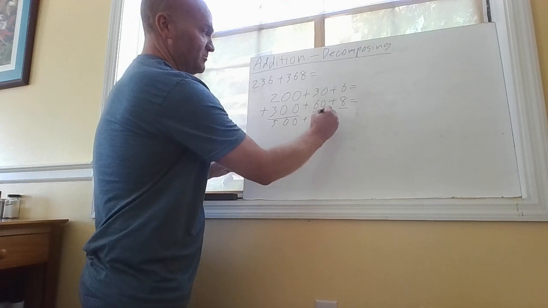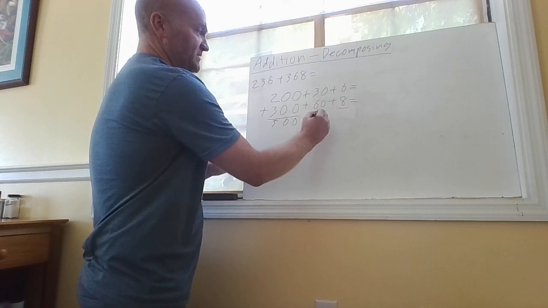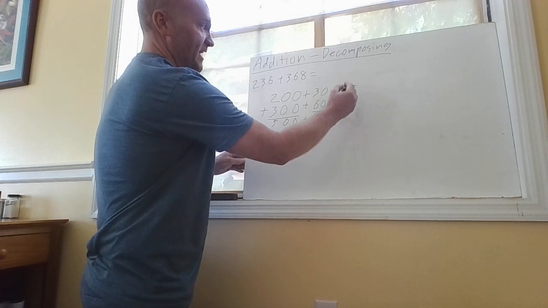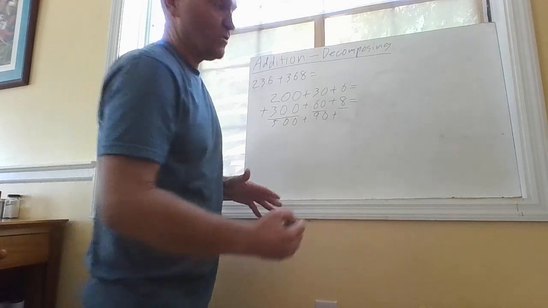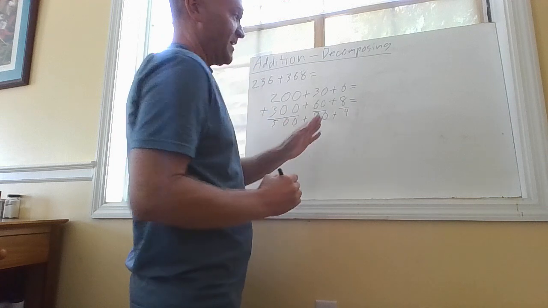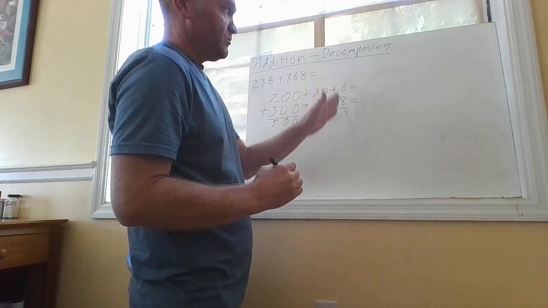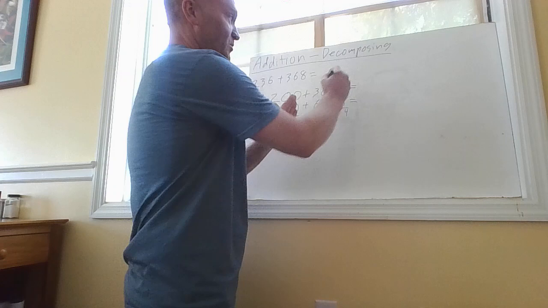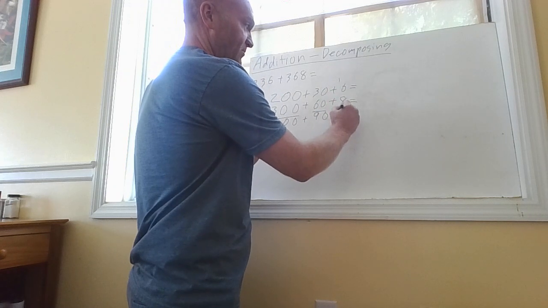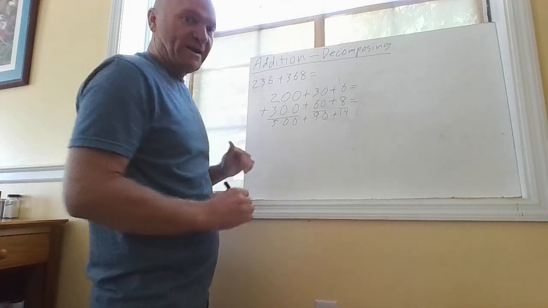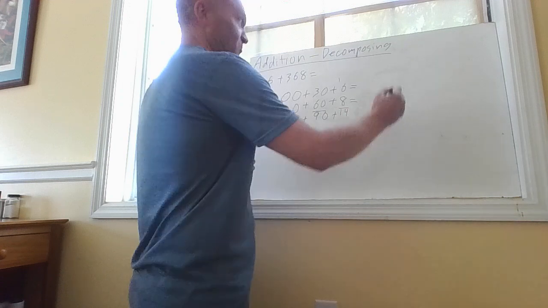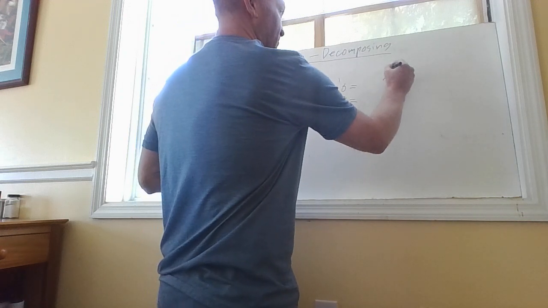0 plus 0 equals 0. 3 plus 6 equals 9. So I have 500 plus 90. I'm going to go over here. I have 6 plus 8 equals 14. So I'm going to write my 4 down here, and then I'm going to take where this created a tens place, I'm going to regroup that into a 10 over here, and then I'm going to bring that down into my tens place. So I now have 500 plus 90 plus 14. So now I'm going to write that over here,